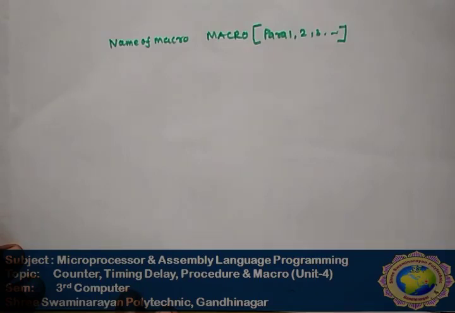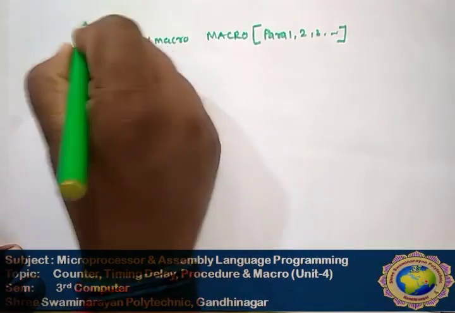Even though we have the functionality of parameters, it is possible to create macros which do not need them.